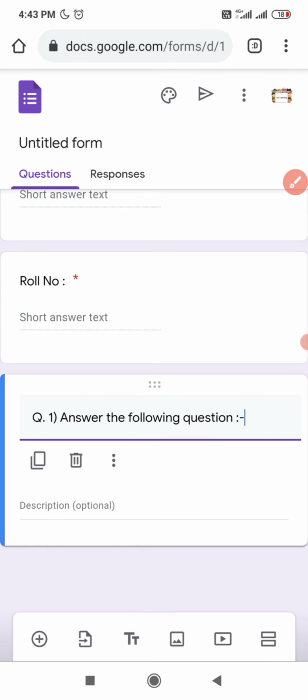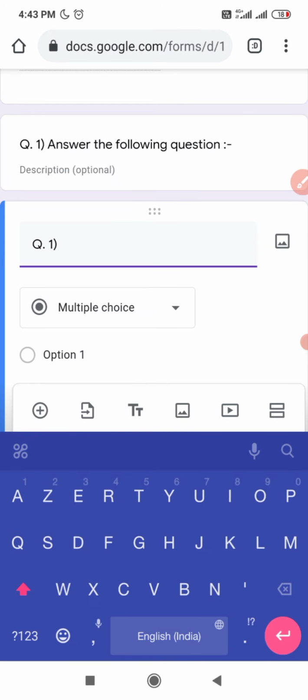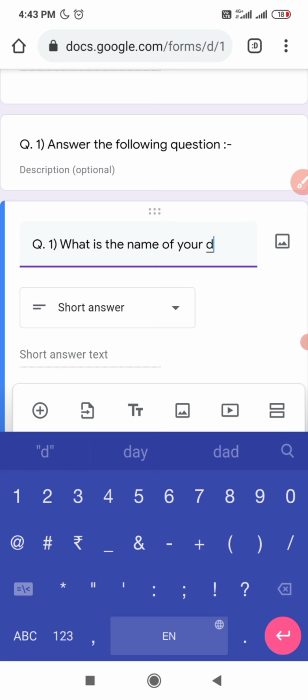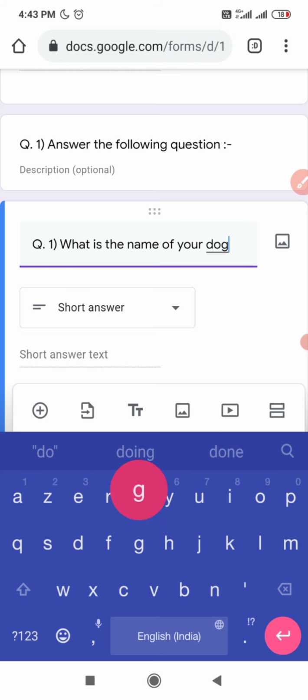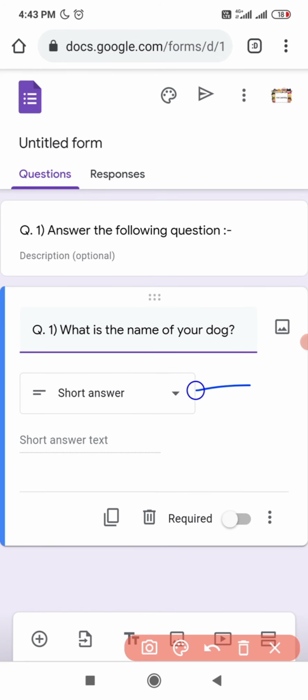So now we are going to tap on the add button and we will write question number 1. What is the name of your dog? Question mark. Now here you can see the answer section has already come, short answer.